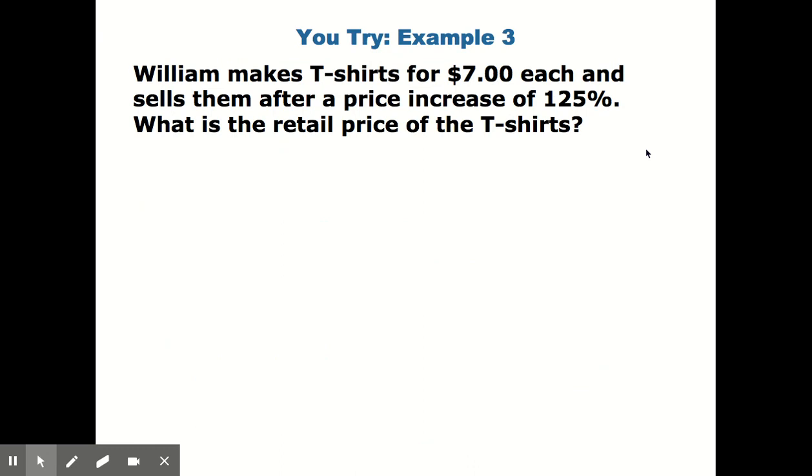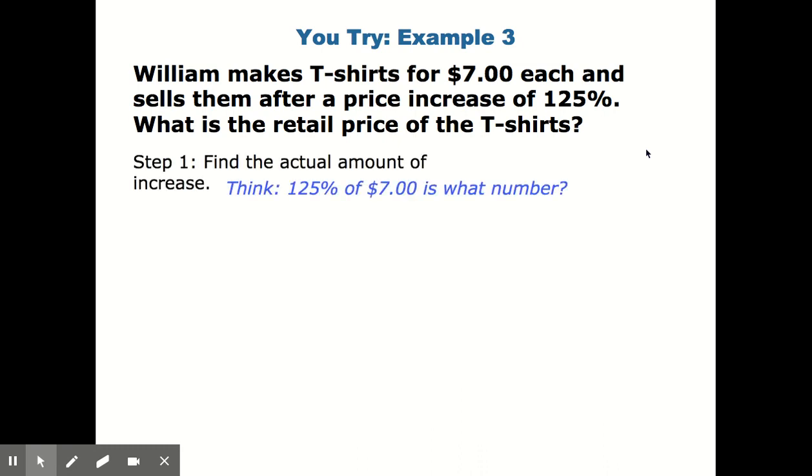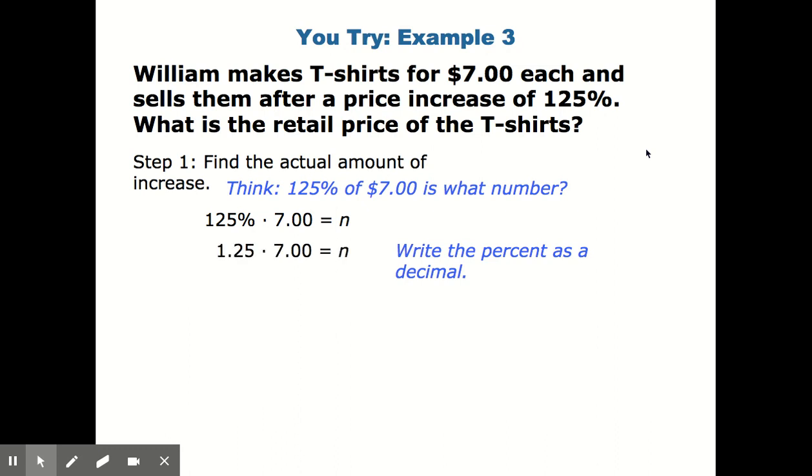Okay, now you try. William makes t-shirts for $7 each and sells them after a price increase of 125%. What is the retail price of the t-shirts? So we would find the actual amount of increase first. So we'd find 125% of $7. And we can do that by doing 125% times 7. But we would convert the 125% to a decimal of 1.25 times 7. We multiply with our calculator and we get